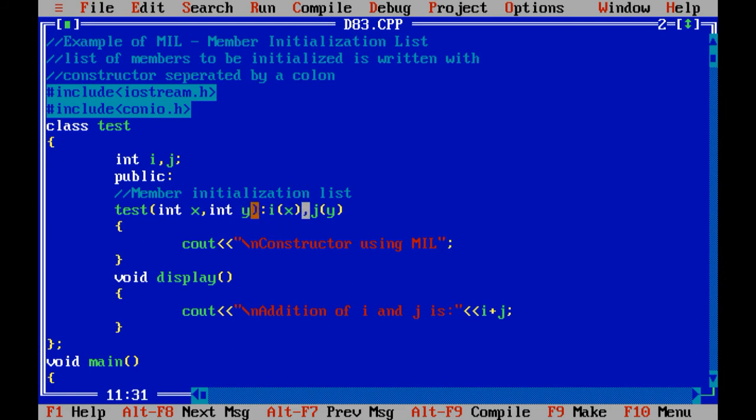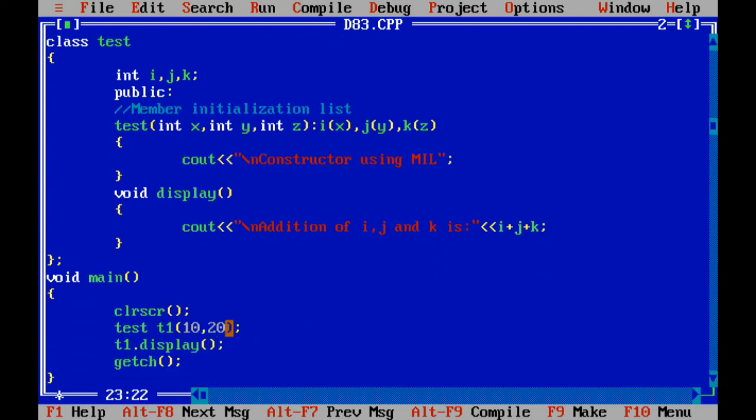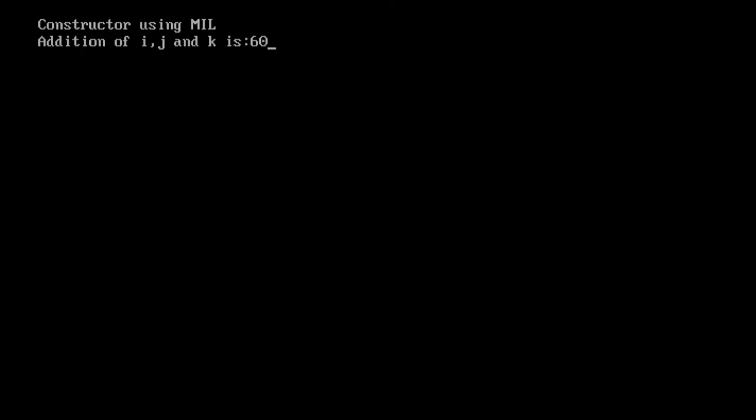Suppose you want to take a third variable, in such cases you can use Z, comma, K of Z. Over here you can declare K, and I plus J plus K, and you need to pass three values as parameters. The output would be 60 in those cases.